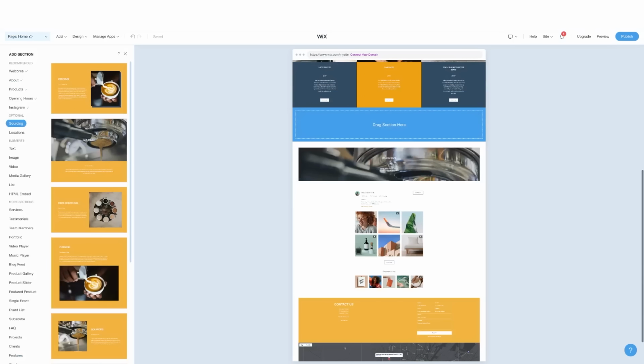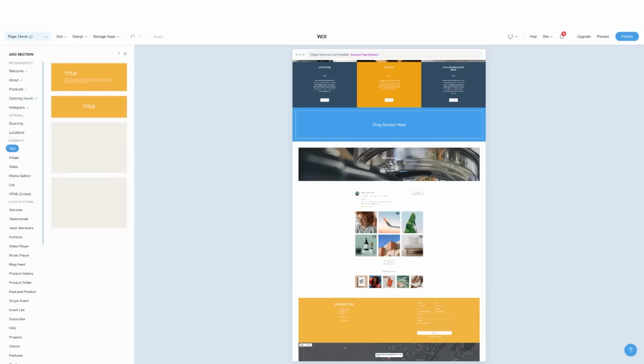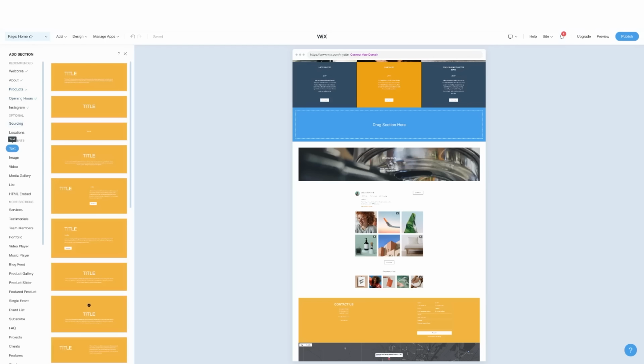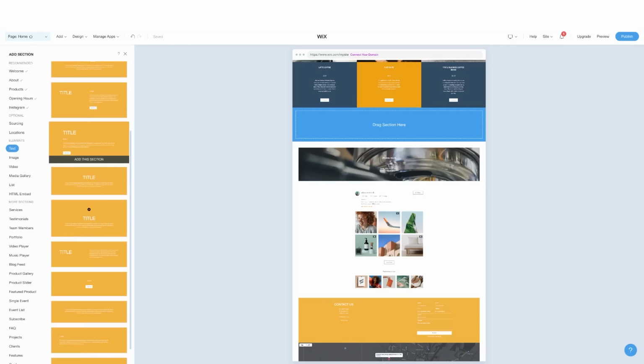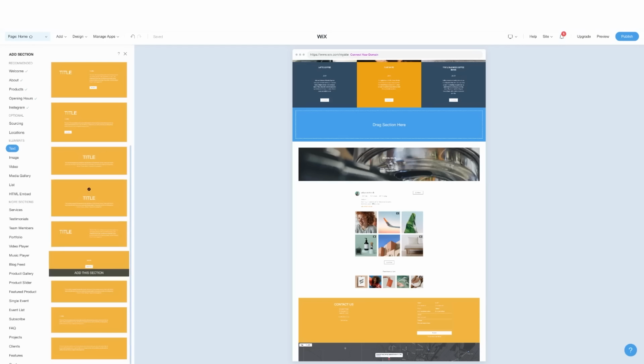Now when we add in that new section, it's just like adding a new page or a new tab to the website. What Wix is going to do, it's going to give you a series of templates that you can use. These templates are suitable for you to test and trial out. So for instance, if there's a certain section you were wanting to add and it was simply just text, then on the left hand side here, you could choose text from this list, and Wix once again will give you a palette, it will give you a concept that they think works well, and then you pick one that works best for you. I'm specifically looking for testimonials, so I'm going to go down here and where we can see